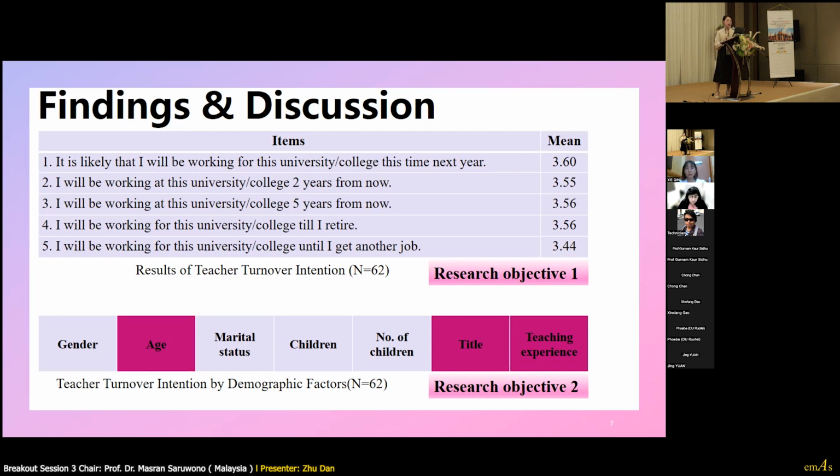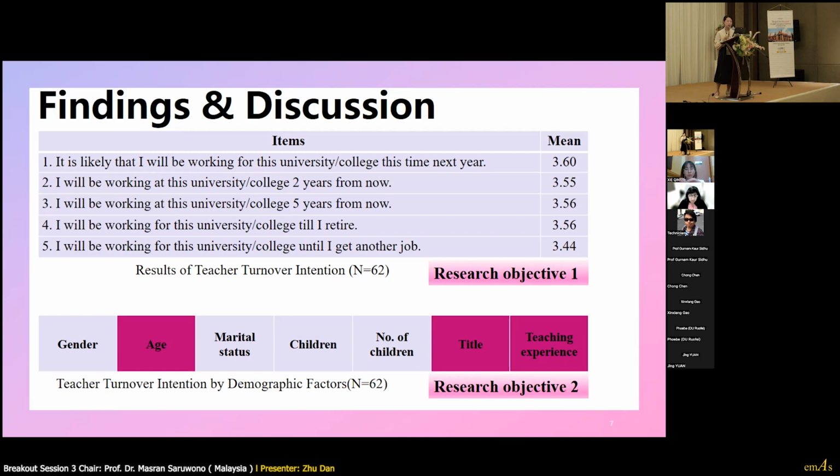Next, let's come to the second research objective, which is to determine whether there is a significant difference of turnover intention based on the demographic factors. In this study, we include 7 factors in total. However, out of the 7, we found that 3 of the demographic factors are significantly related to turnover intention, which are age, title, and teaching experience.